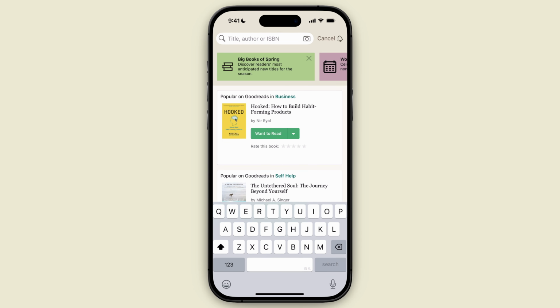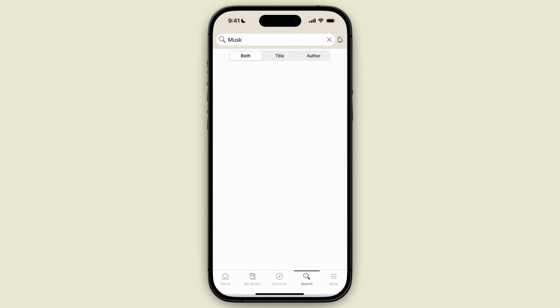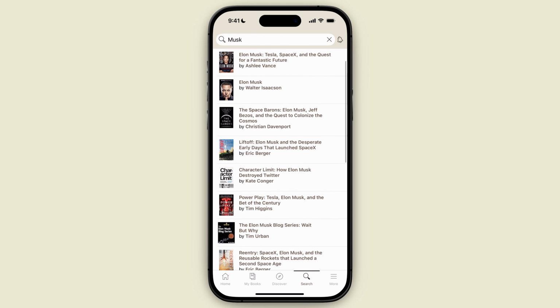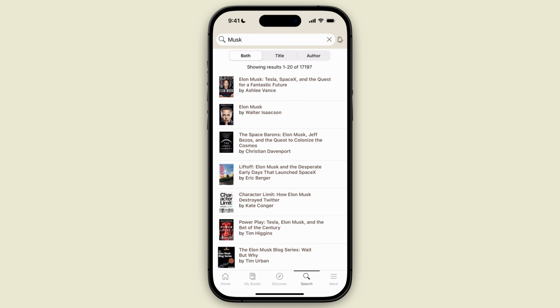So let's say you have a title of a book and let's say we have a book about Musk. Then we're going to click on search and then we're basically going to find that book title, and you can find it on title, or when you have a more specific book,